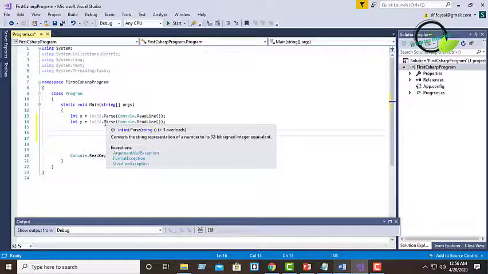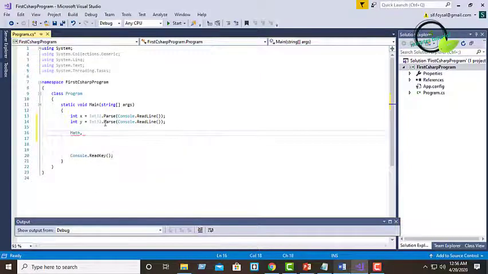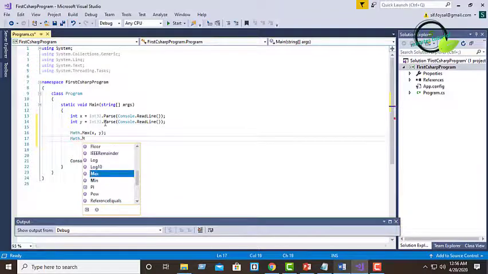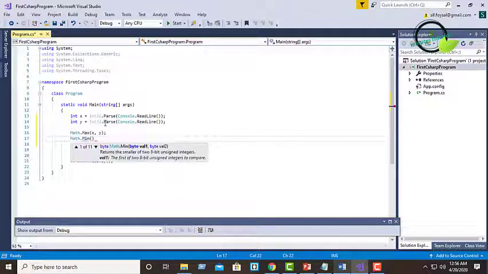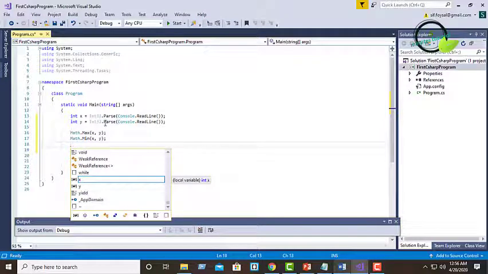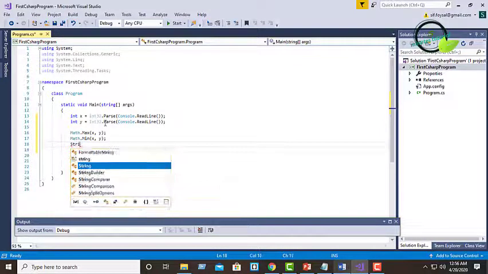We will find the maximum value here, Max, then Math.Min for y. Okay, so then we will see string functionality here.